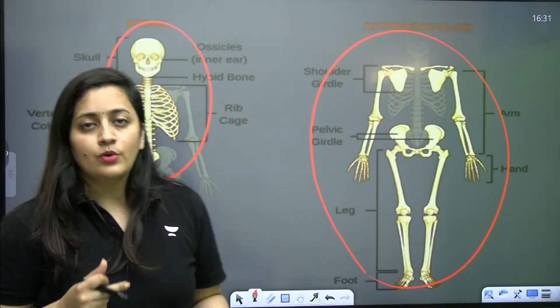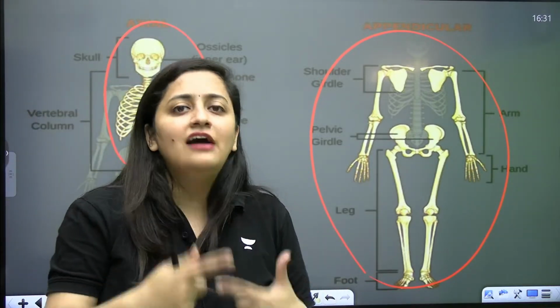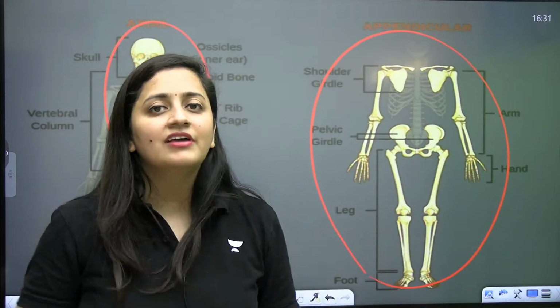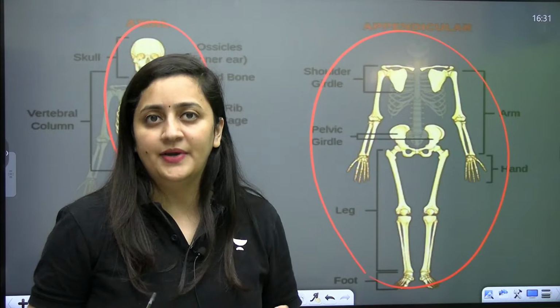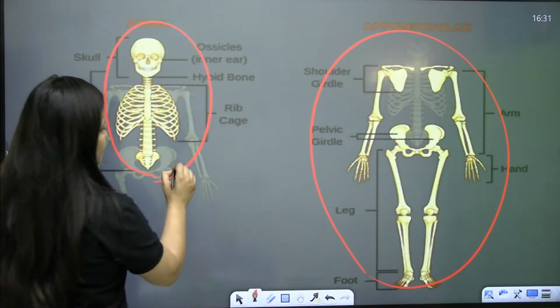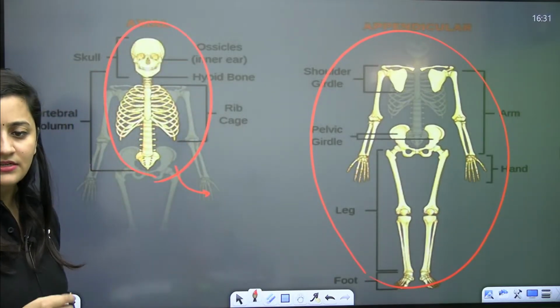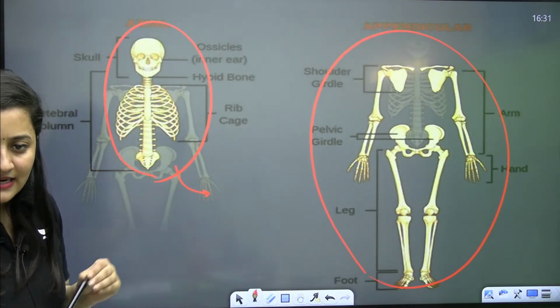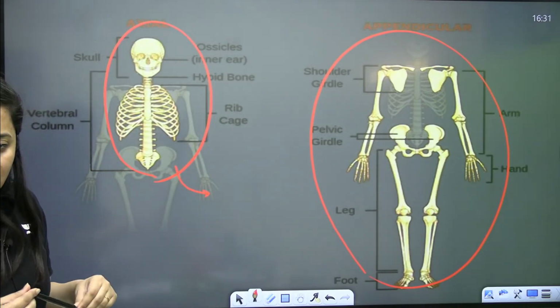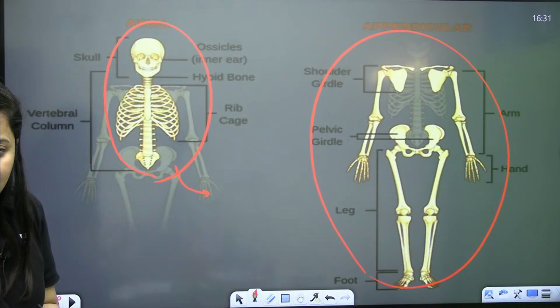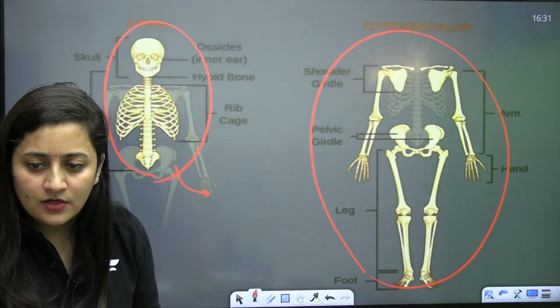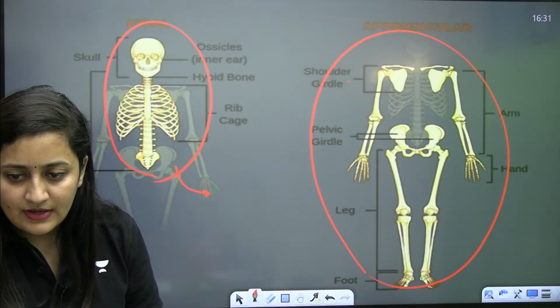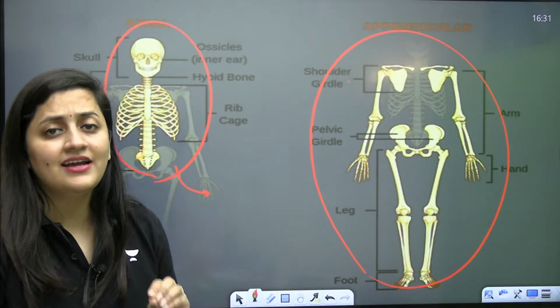So quickly write down, because this is the topic that you have to revise again and again. You do not have any other option. You have to revise it. You have to cram it. So tell me quickly, how many bones are there in the axial skeleton? Quick. I want to see your response as well. And I'm not going to take more than 1 hour, right?